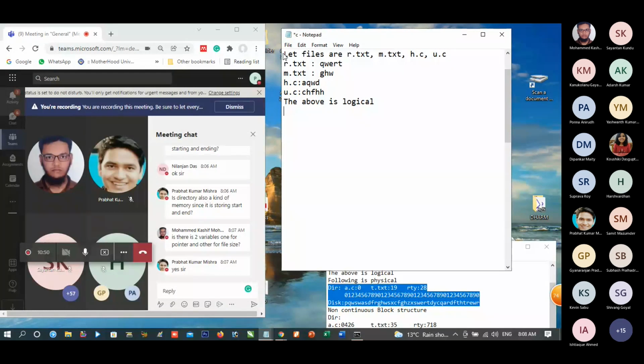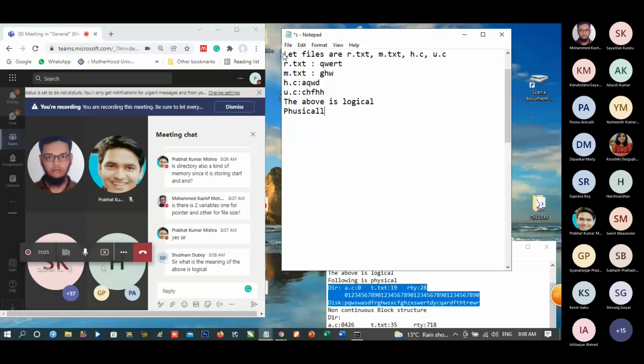Now, physically, how do we store? Actually, how do we store?